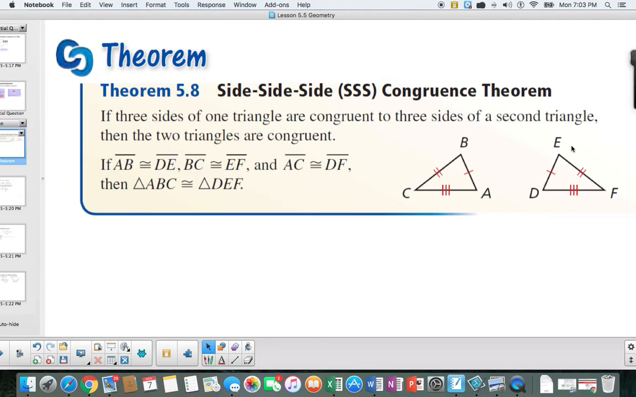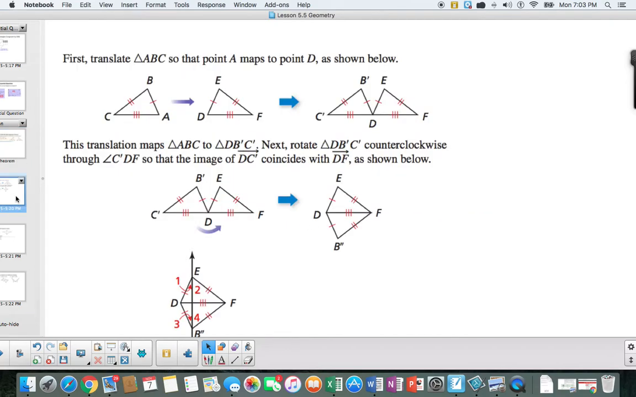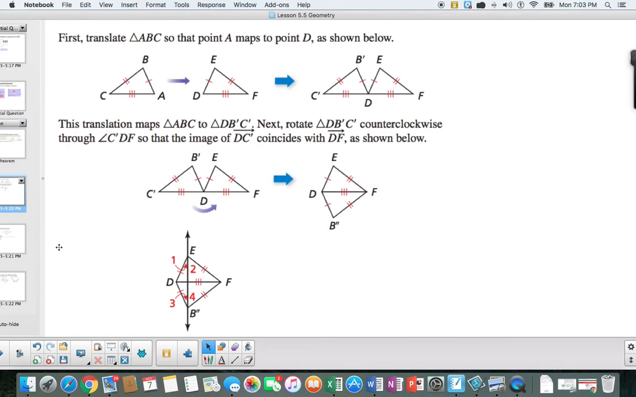triangle congruent to three sides of another, that's enough to ensure rigid motion, and these figures will map onto each other. Here's how the proof goes. What we're going to do is go through some rigid motion, and we'll first do a translation to get point A to map onto D like this. Then we're going to do a rotation, which is shown right here, and we're going to get the figure to